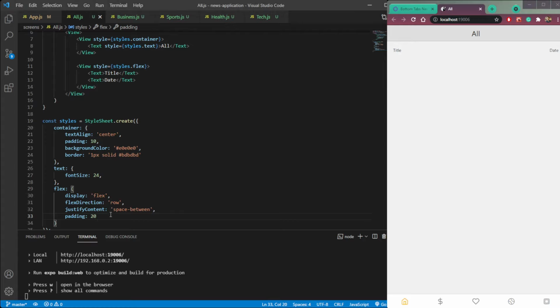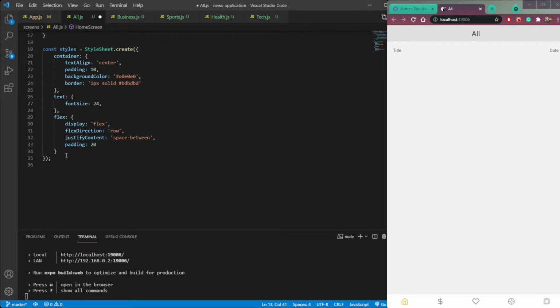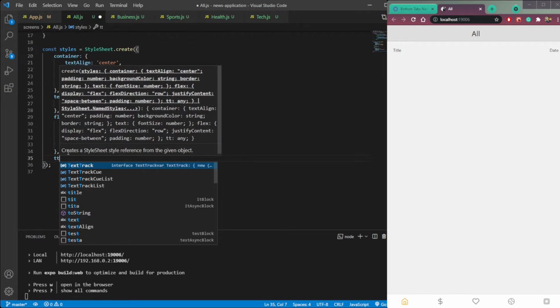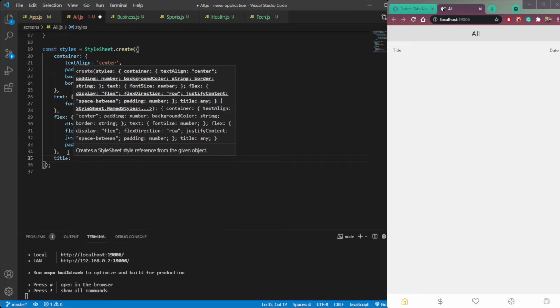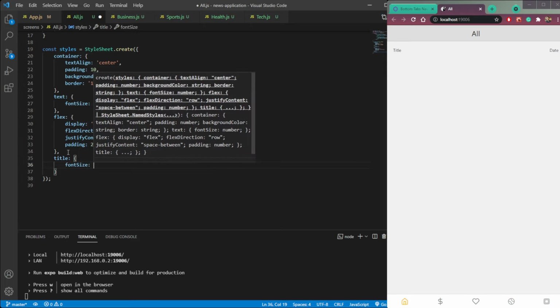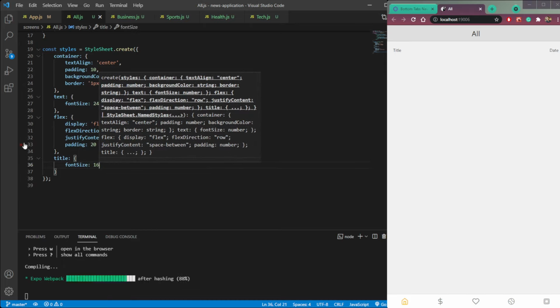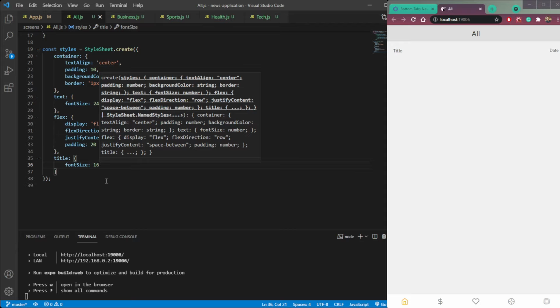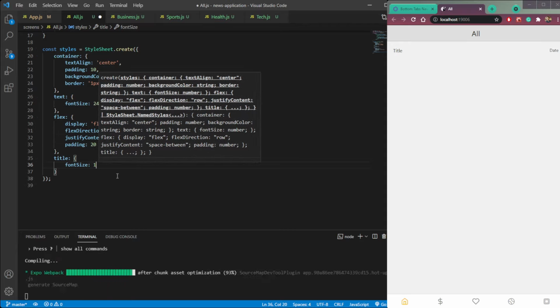Then we also need to increase the font size, so here text style should be font size and font color, or just font color will do. So this one should be styles.title and this one should be styles.date. Then here we will declare title to font size, let's say make it 16, and let's check, or let's make it 20, sorry, 20.